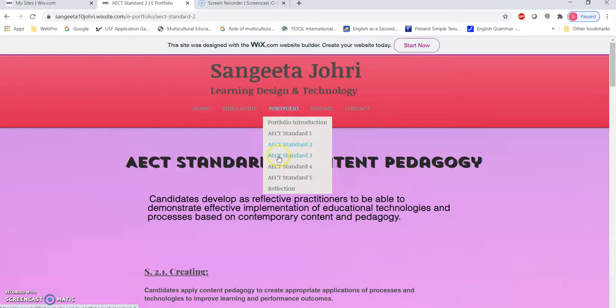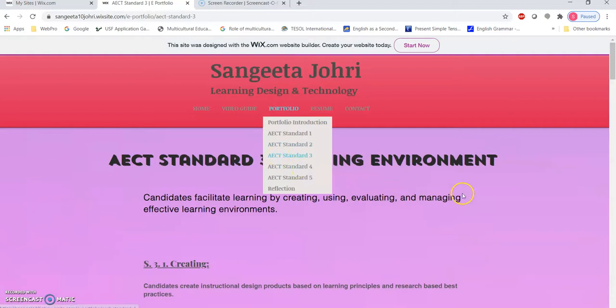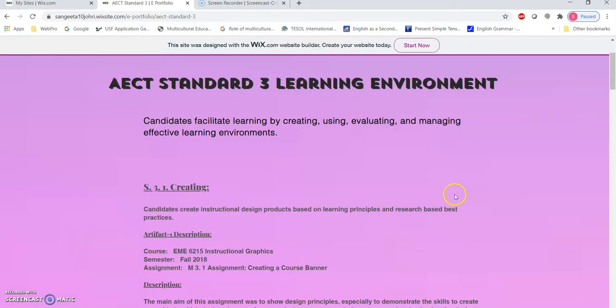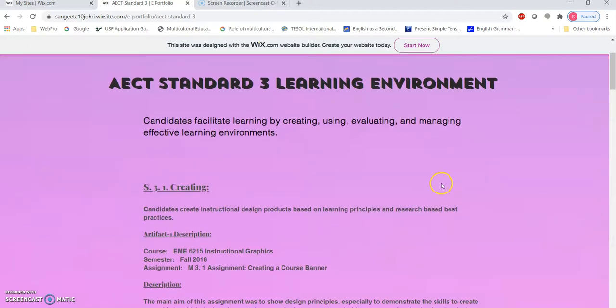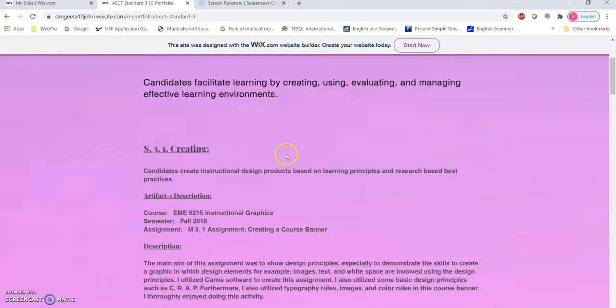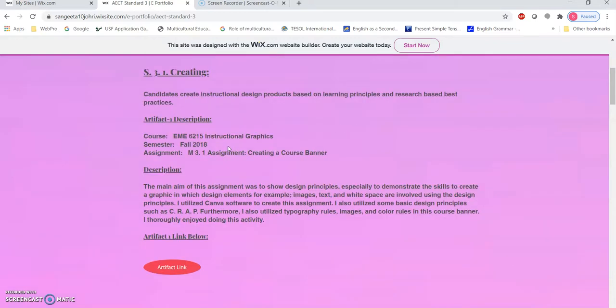Next, moving on to AECT standard 3, which is about the learning environment. In this, I applied varieties of assignments. For instance, this is about creating, using, evaluating, and managing effective learning environments. As the name indicates, in substandard 3.1, creating, I utilized instructional design products based on learning principles